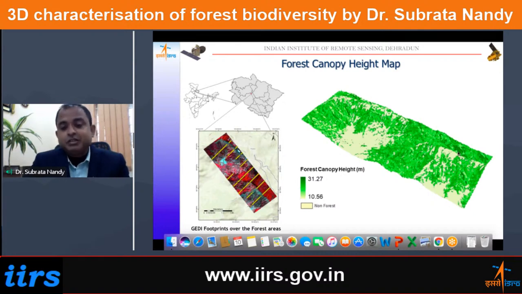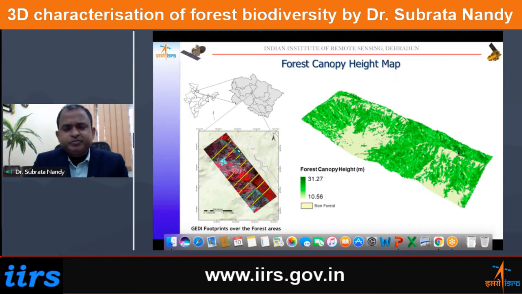Now you can generate this forest canopy map. In studies where we do habitat modeling of different species, let's say bird species or any species which is dependent on tree height, earlier we were using the parameters which are basically based on reflectance, or the